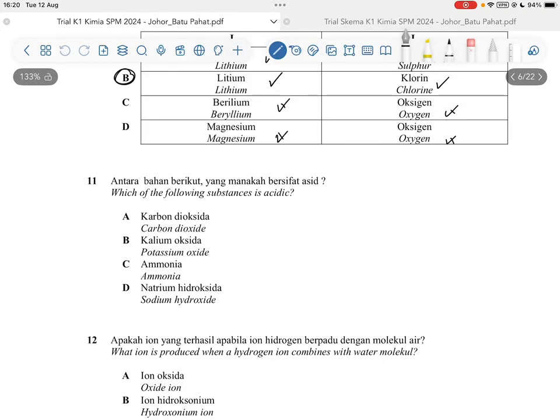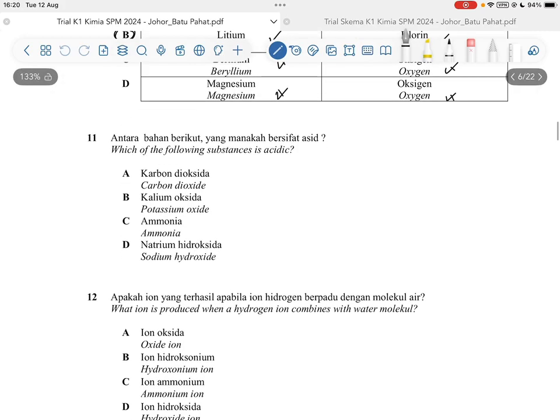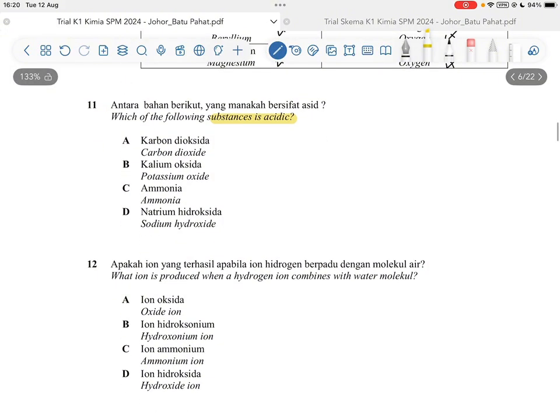Hi guys, so let's continue with the second part of the discussion for this paper 1. So let's look at question 11. Which of the following substances is acidic? So this is a very easy question. So carbon dioxide is acidic,